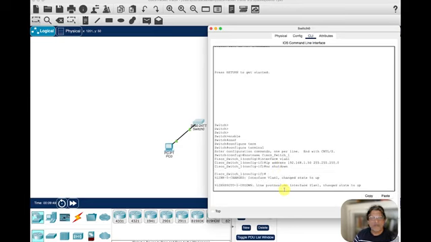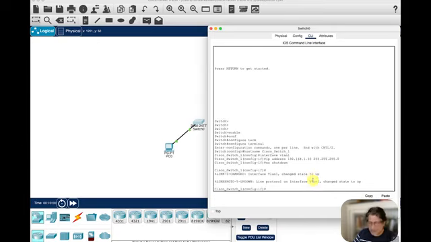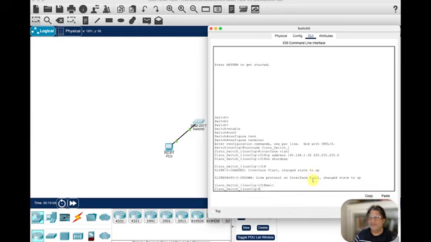Okay, so now we can see we have interface VLAN up, changed state to up, right? So now the interface is up and running. And now we can exit the interface configuration mode. The next thing we need to do right now is to give a password, right? Configure an administration password. To configure an administration password, we will type in enable